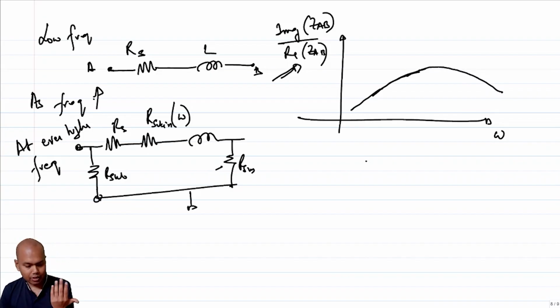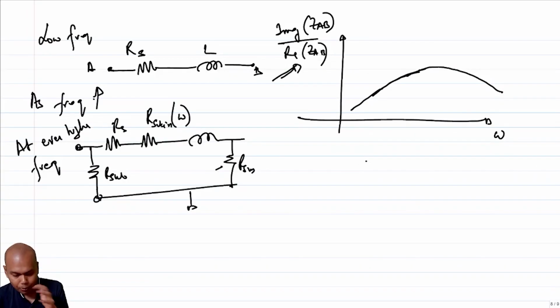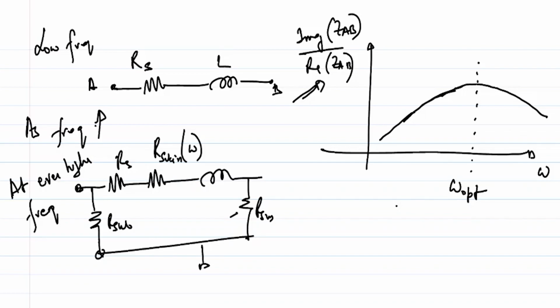Now, given that we plotted this kind of structure, what do you think is the optimum place for me to operate this structure, given that I want to make it work like an inductor? So clearly, I would like to operate it somewhere here, right? Where it seems like the imaginary part of the reactance is dominating, and on either side of it,